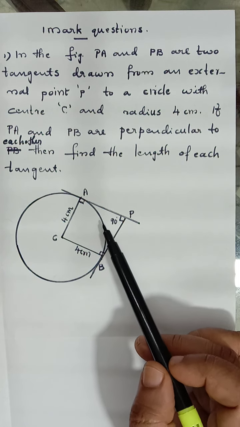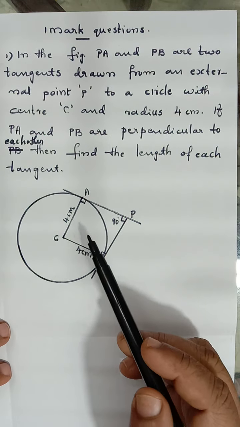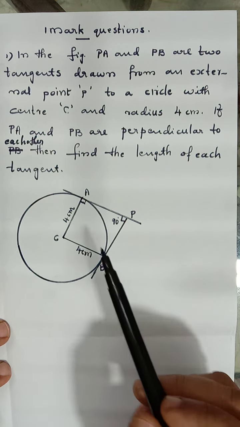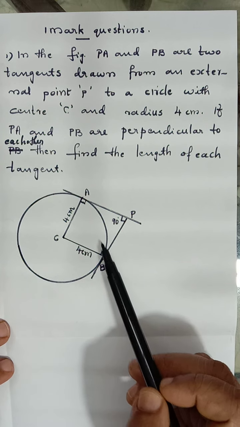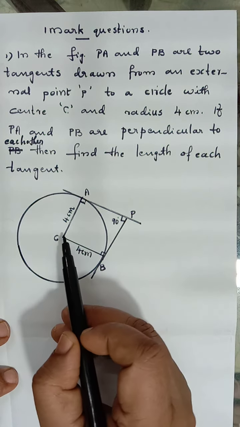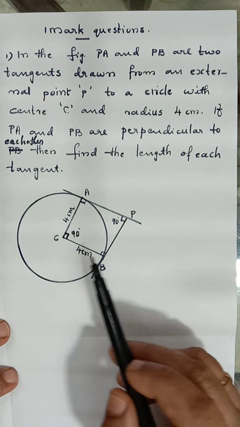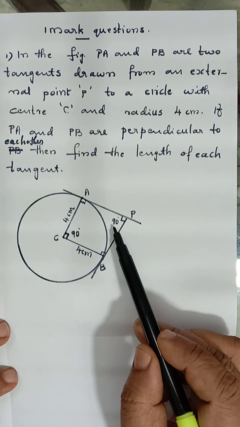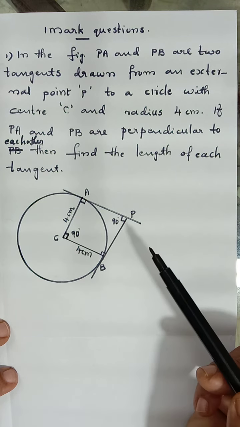Therefore, according to the quadrilateral's angle sum property, the sum of the angles of this quadrilateral equals 360 degrees. Here we already have 90 plus 90 plus 90, it is 270. When we subtract 360 minus 270, you will get this angle C as 90 degrees. Then only the total of these four angles will become 360. Sum of angles of a quadrilateral equals 360 degrees.